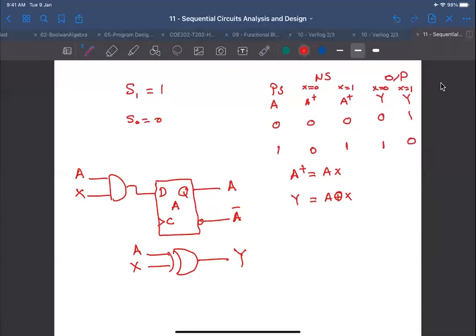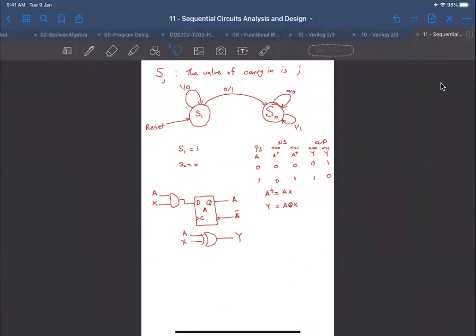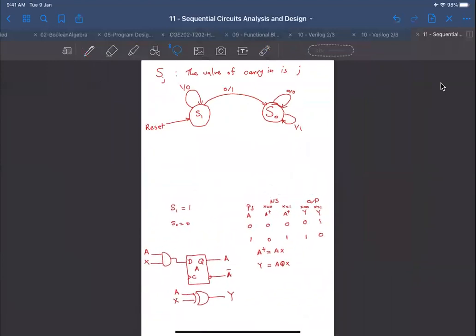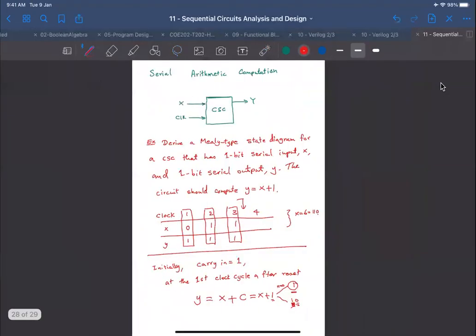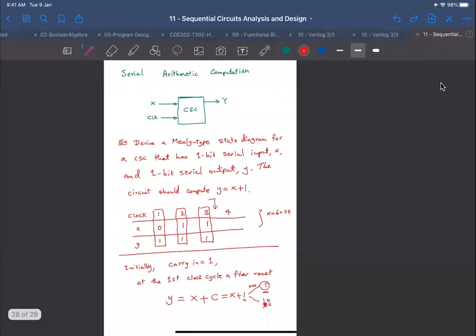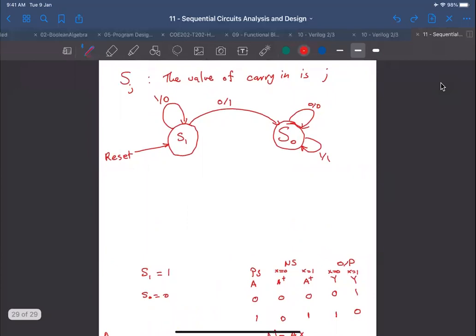Let's try to validate our claim that this does serial incrementation, in fact. Now let me try to trace. We are going to trace this circuit for the value that we claimed it should work for. So I'm going to do this now, but using the state diagram rather than the value that we know. According to the state diagram, we start with